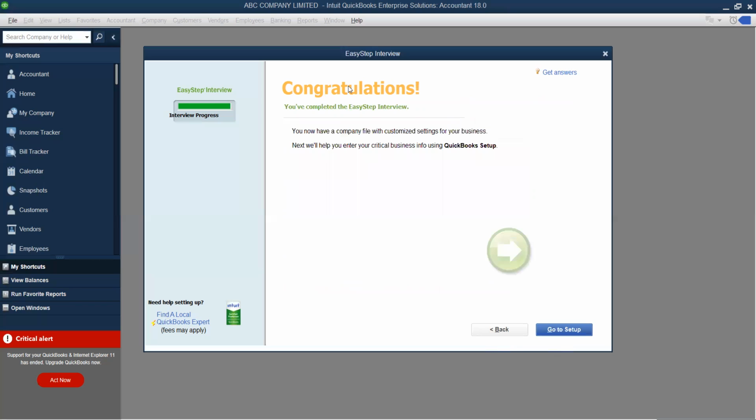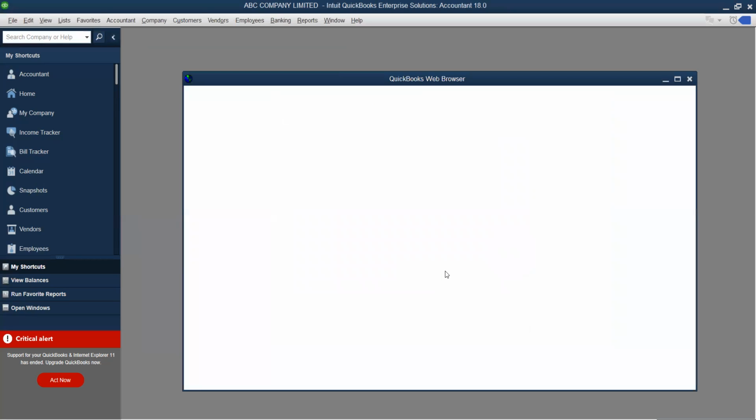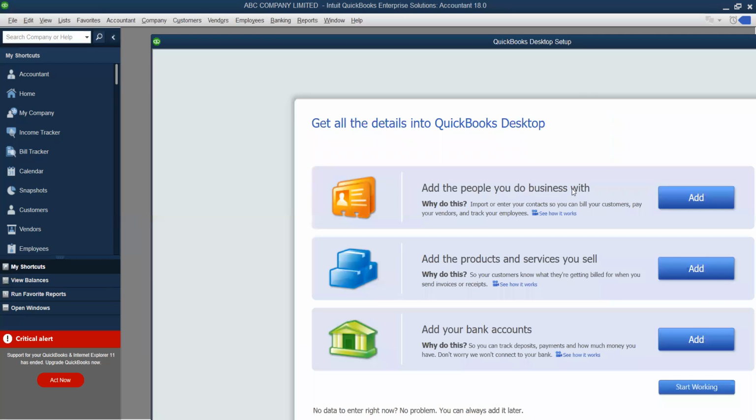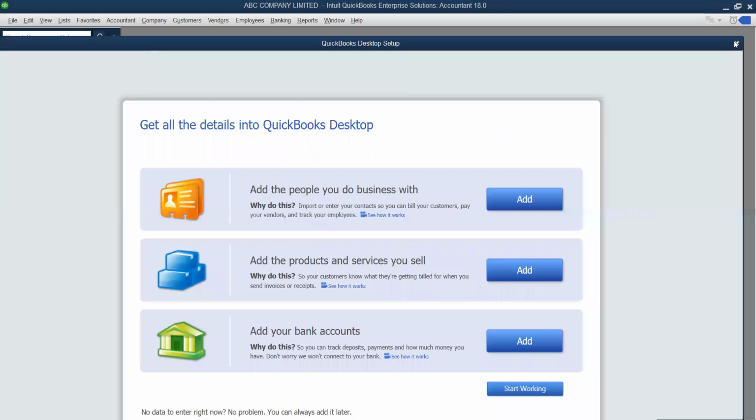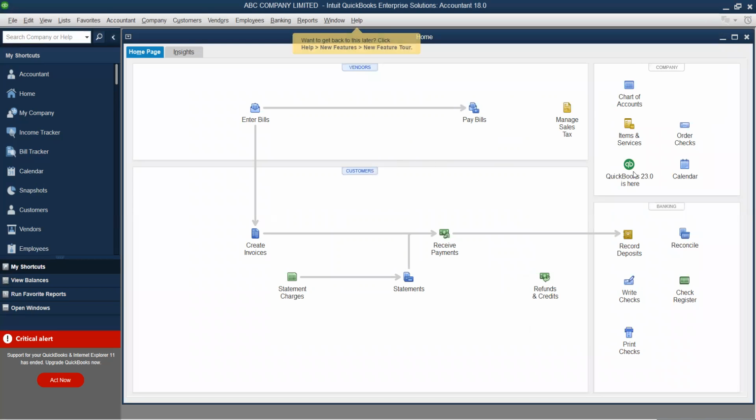So you go to next and it says, wow, congratulations, you completed the easy interview process. You have a file with customized settings for your business. Next, we will help you enter your critical business information in QuickBooks. So our company is set up. You've been able to set up our company file. So guys, this is basically how to set up